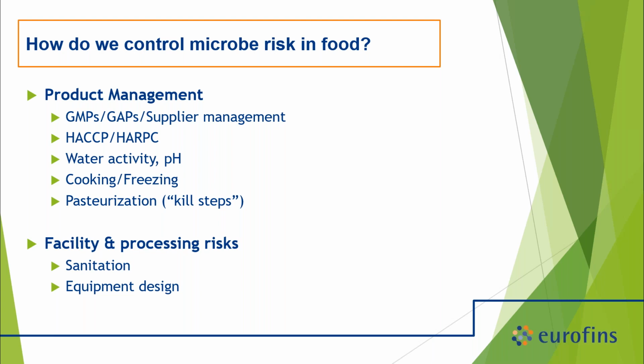We have to really hone in on equipment design to make sure our sanitation program can actually clean our equipment, as well as that it's effective in whatever we're trying to do with it. And then we look at our process design. That can be an all-encompassing topic, but it's effectively where you store your raw product and how you bring it in and the traffic patterns in your plant to make sure you're not introducing or increasing risk.